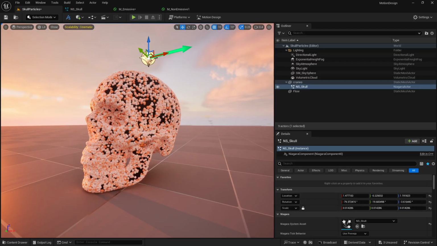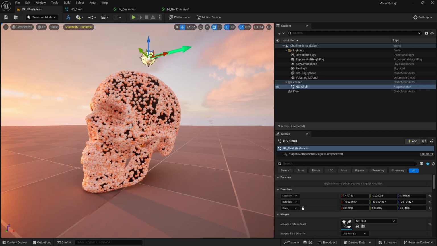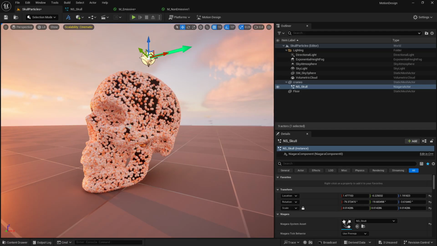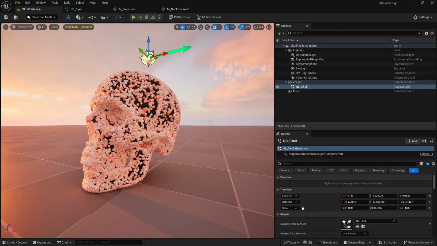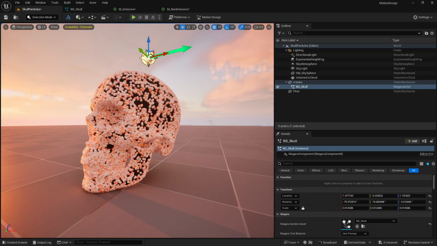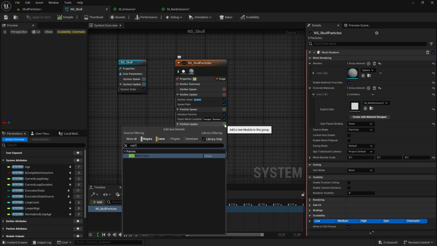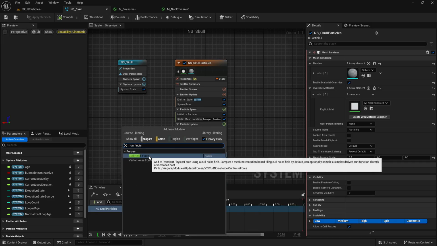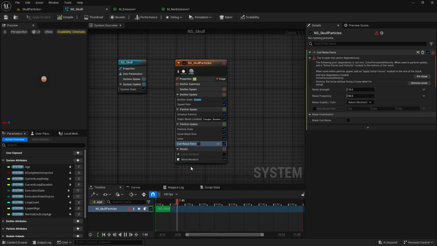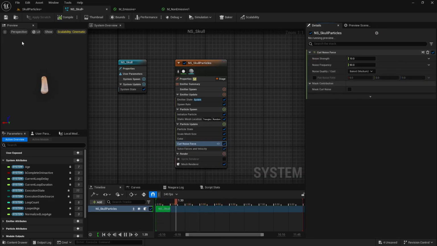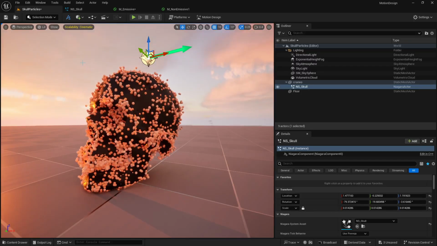Now what I want to do, right now the particles are getting birth on the object, but I want to have some curl noise, so the particles are flying or something like that. So it's really easy to do that. Just go to your NS_skull, and now we need to basically add curl noise. So let's just click on the particle update and let's just type here curl noise, and let's just add a curl noise force. And as soon as you do that, you will get this error. As usual, click on fix issue,